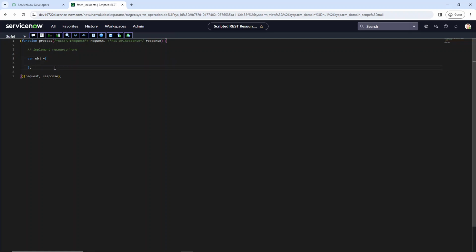Whenever you declare an object, this is the structure: obj is equal to flower brackets, ending with a semicolon. Inside that you declare whatever you require to get executed on your response. I'll declare 3 things like